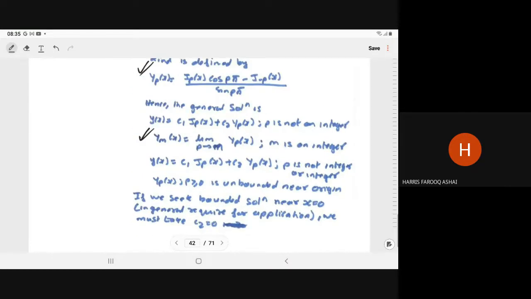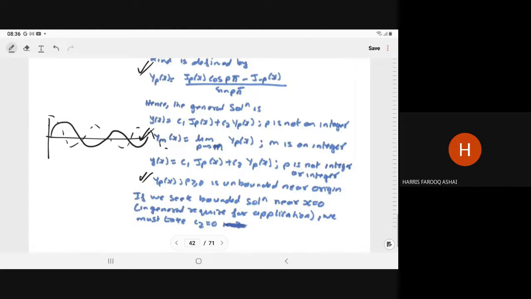And here Yp is unbounded near the origin, as we have seen for J0 and J1. In the book we have the figure diagram. If the graph of Jp is like this, then we have the graph of Yp like this. So here you can see that the first term of Yp is also unbounded. Being the first term unbounded for Yp and bounded for Jp, Jp and Yp are linearly independent, so we can write the general solution.